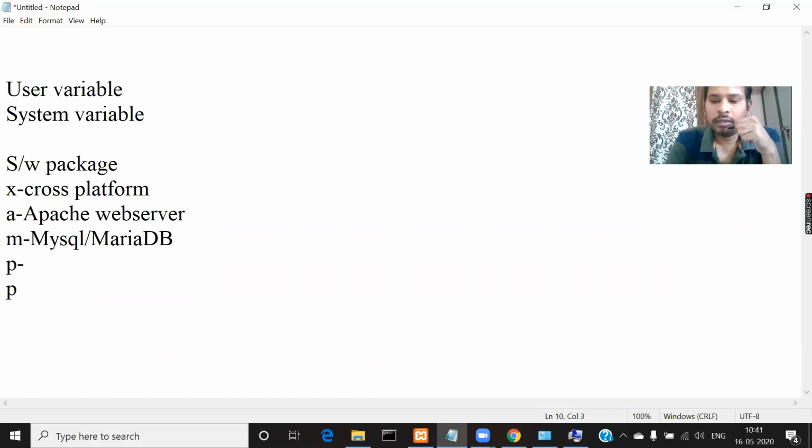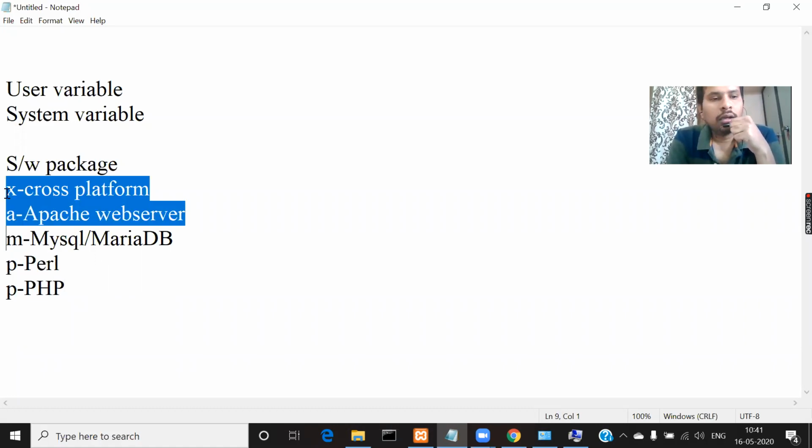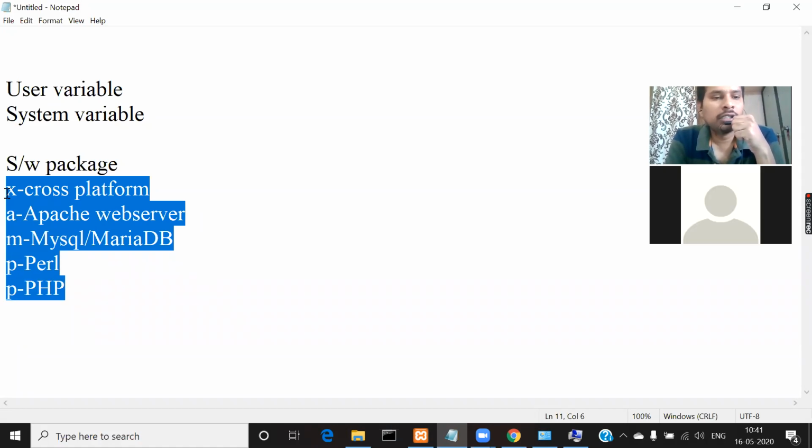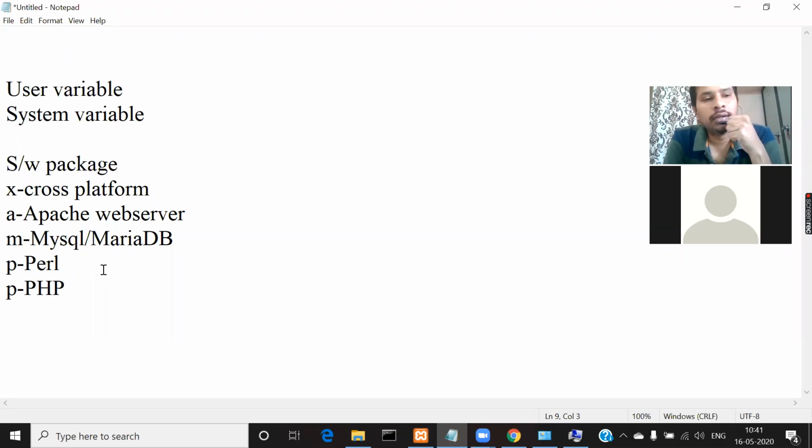Then the first P stands for Perl programming and the next P stands for PHP programming. So by installing this XAMPP software, you can do all these things. That means you can develop PHP applications and run PHP applications. You can develop Perl programming applications and run them. Similarly, you can create a MySQL database and insert and retrieve data from the tables of a MySQL database.